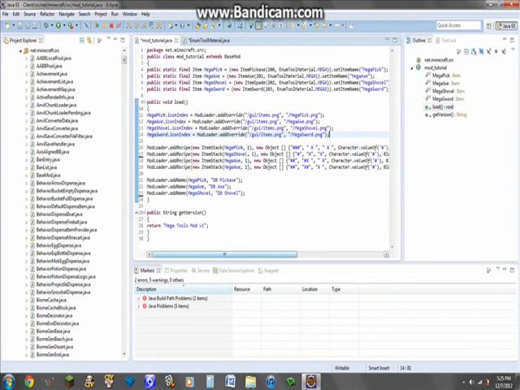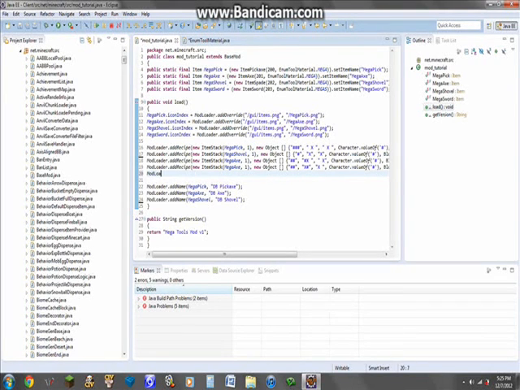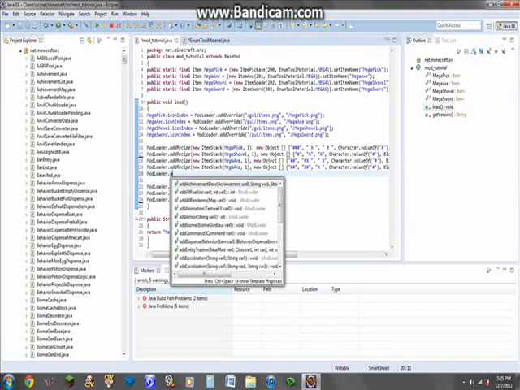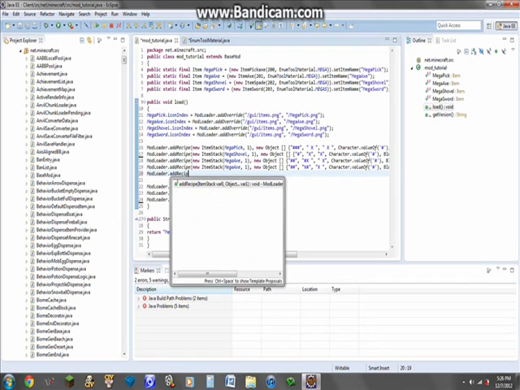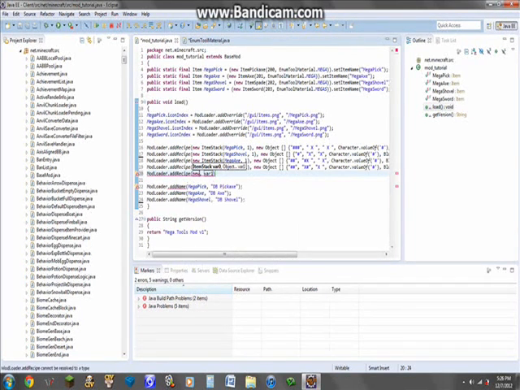Then you come down here and you want to give it a recipe, that way you can actually make it in the game. So you do mod loader, same thing with the capital M and L. So do add recipe, and then new item stack, and then another